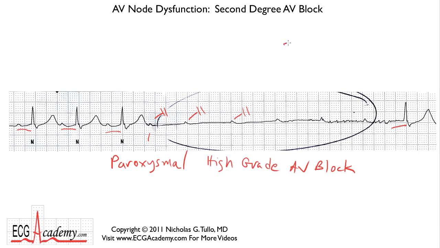But the idea is anything of 2 to 1 or better, 3 to 1, 4 to 1, those kinds of situations are referred to as high grade and are neither type 1 nor type 2. I know that was a long lesson, but there is a lot of confusion when it comes to second degree AV block. In the last chapter of this section, I'm going to talk about complete AV block and how to distinguish it from other similar